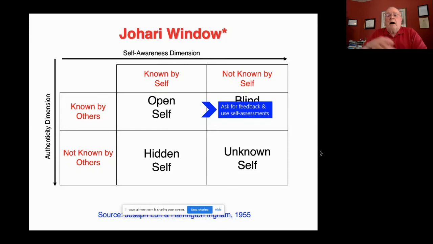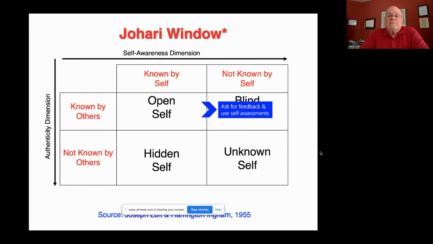Another thing about feedback is that while it's helpful, oftentimes it's not real specific. And so while you may learn that you've got good communication skills, or you've got good listening skills, or you're really good at project management, or you're really good at facilitating, or whatever the feedback might have been that you weren't aware of, it tends to be non-specific.